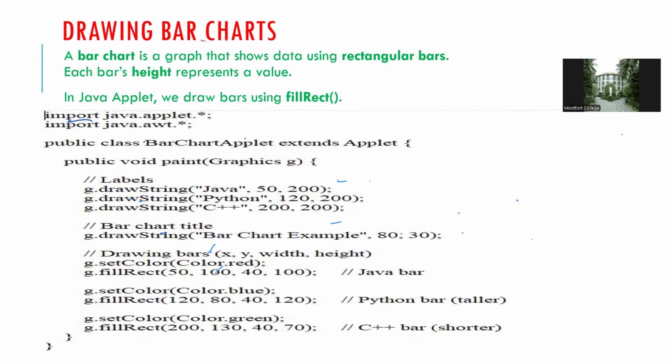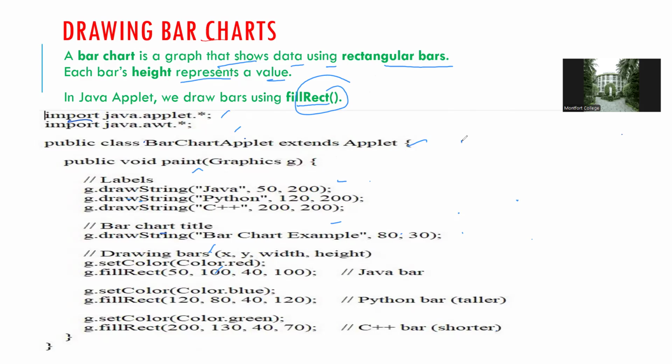Drawing bar charts. So, to understand this bar chart, let me do it quickly. A bar chart is a graph that shows the data using rectangular bars. Each bar's height represents the value. In Java applet, we draw bars using fillRect. By using the fillRect function, we are going to draw. We have to import this, and I am using the paint method to draw